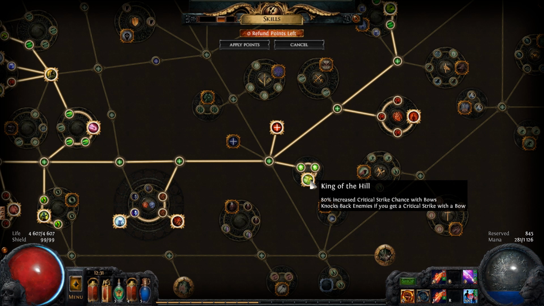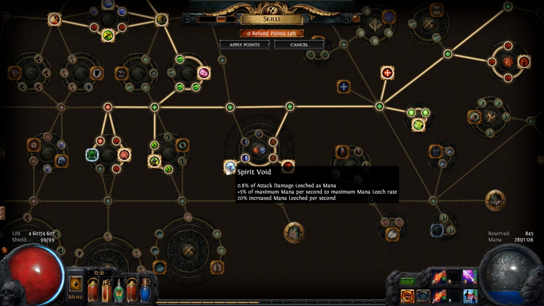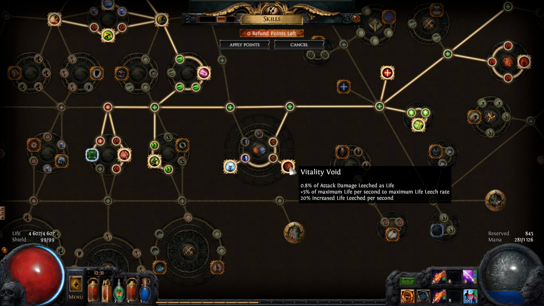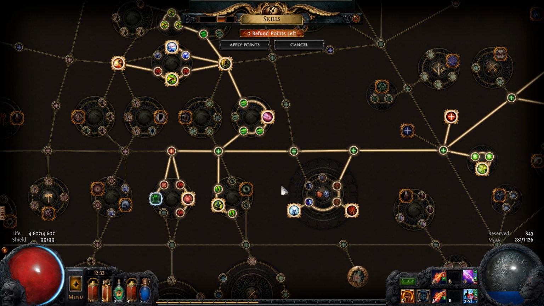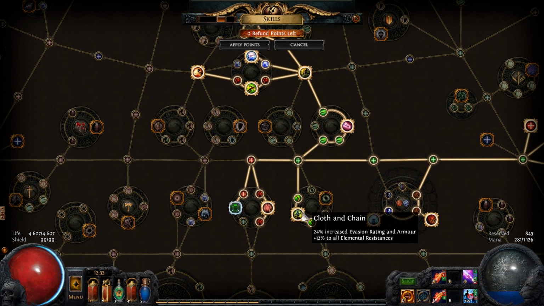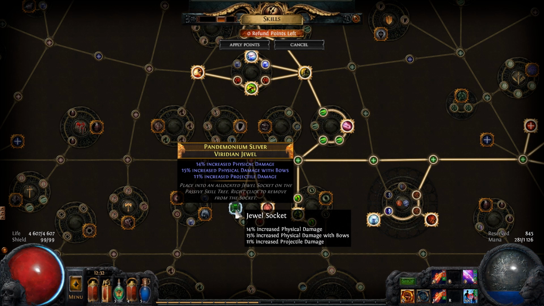I went for King of the Hill for a really good boost to your crit chance. I went for Vitality Void and Spirit Void. This is a pretty important one because this is the one that gives me back all of my life when I'm hitting enemies. And this one gives me back my mana when I'm hitting enemies. Went to the Duelist side. I went for Cloak and Chain. I have Golem's Blood and another Euro socket here with projectile damage,